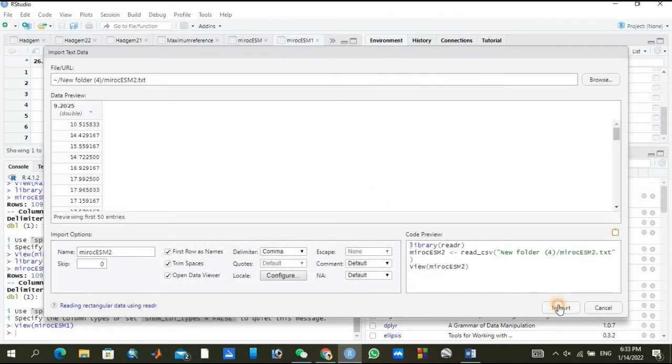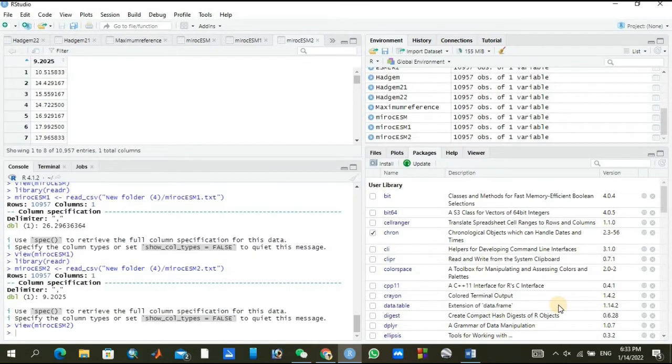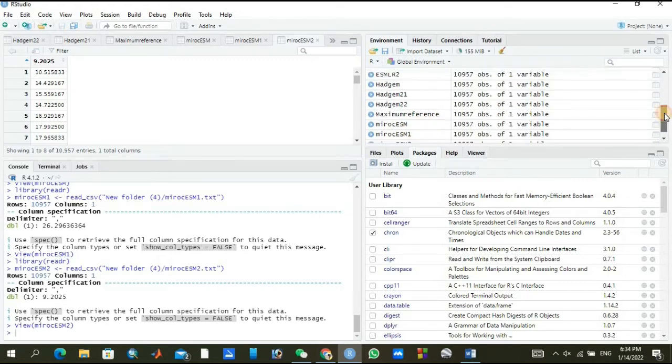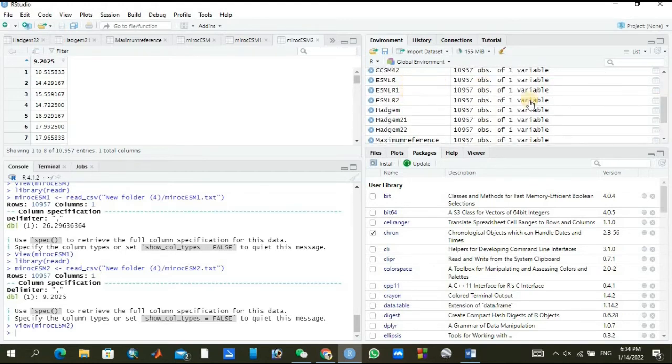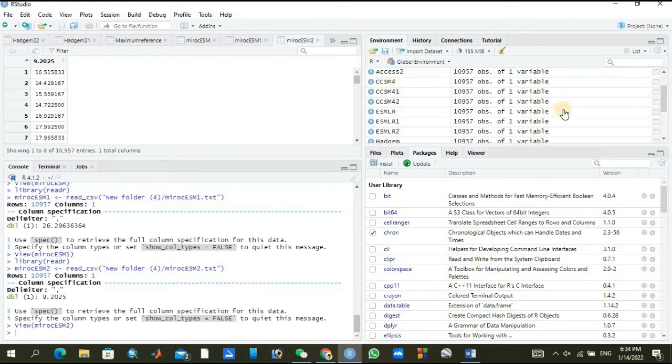One is my reference data, as you can see, the maximum reference file here, and 3 for my rock ESM, 3 for head GEM, similarly 3 for ESM LR, 3 data points for CCSM4, and also another 3 for access.